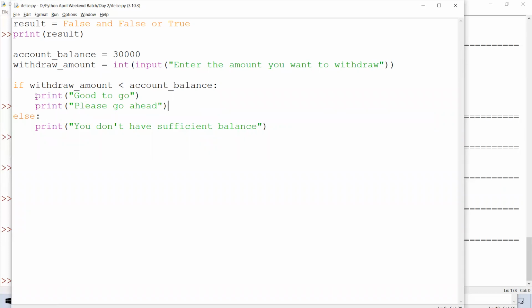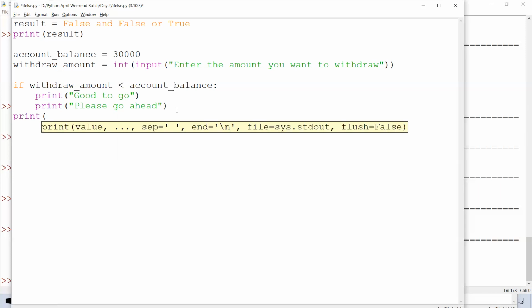Okay, so this indentation shows that this belongs to the same if condition, the same if block. If this condition is true, then these two statements will be executed. Okay, let's remove this else for the time being. We have only the if condition, and we have another print statement that is not in that if block. This will just mention outside